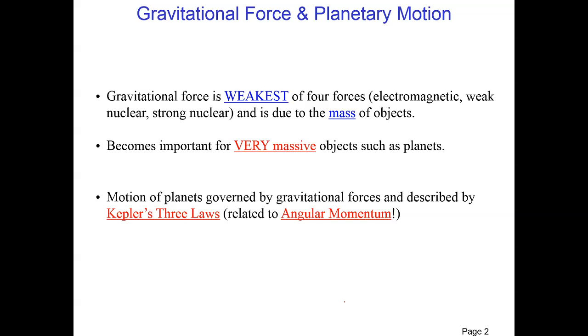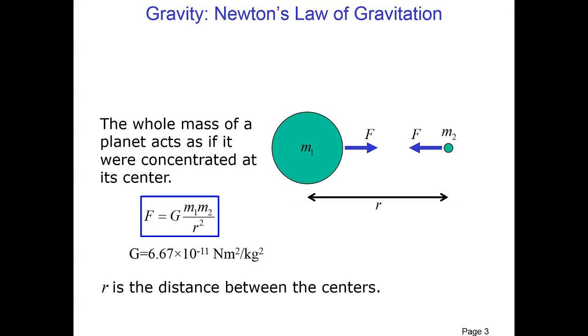Also, planetary motion is governed by gravity, and so in the next set of slides, we're going to look at Kepler's laws, which help explain the orbits in the solar system. So, gravity is an attractive force. If you have two objects with a mass m1 and mass m2, then they will attract each other. The strength of this force depends on the mass of the two objects, and it depends on their distance, which